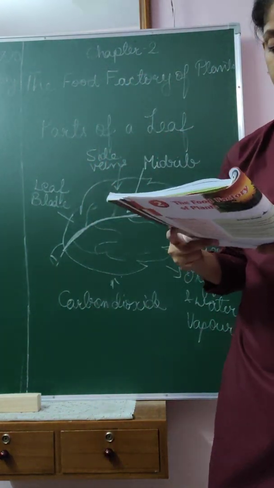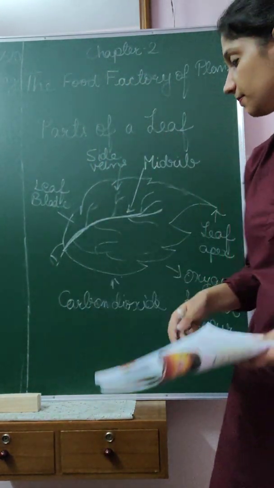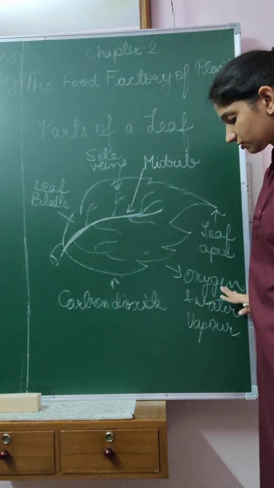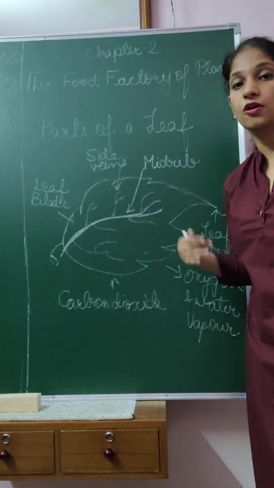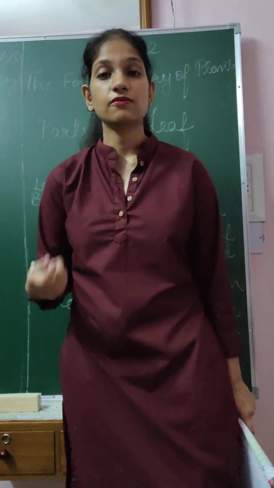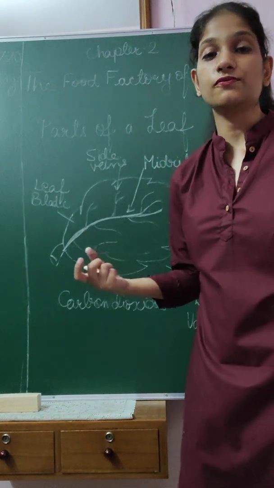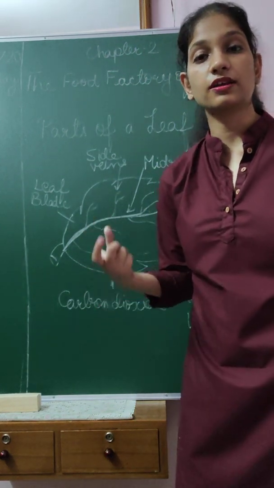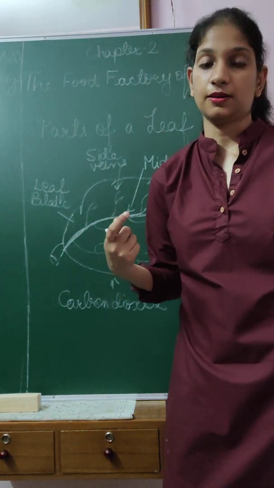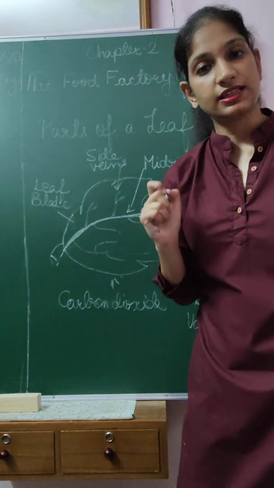देन नेक्स्ट, हाउ डू प्लांट्स मेक फूड. अब हम ये कैसे होता है. कार्बन डाइऑक्साइड अंदर जा रहा है, ऑक्सीजन एंड वाटर वेपर बाहर आ रहा है, बट हाउ डज दिस हैपन? How is this leaf so self-sufficient? Why is the green plant self-sufficient to make its own food? Green plants में ऐसा क्या है कि वो अपना खाना बनाते हैं और वो कैसे बनाते हैं? So that we will study in the next session.